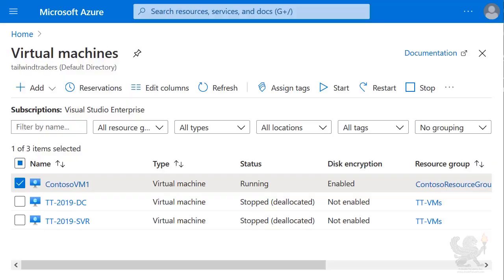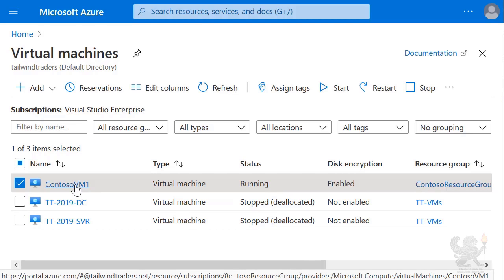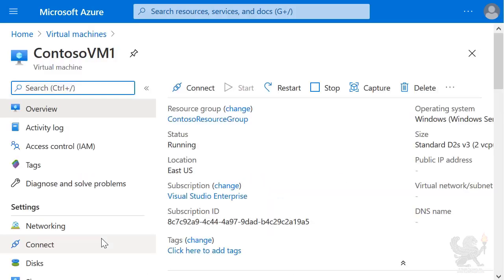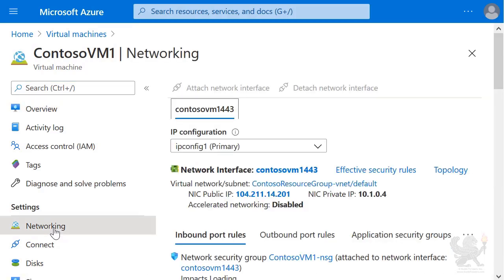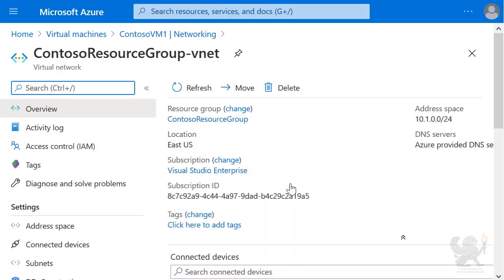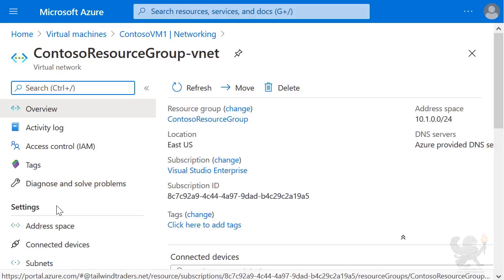In this video, I will demonstrate how to deploy and configure Azure Bastion to connect to Contoso VM1. The first step I take is to extend the virtual network that is associated with Contoso VM1. I do that by going into the properties of Contoso VM1 and selecting the virtual network, selecting address space, and